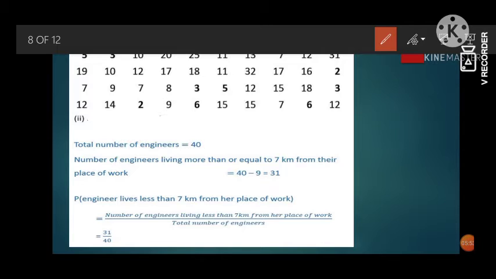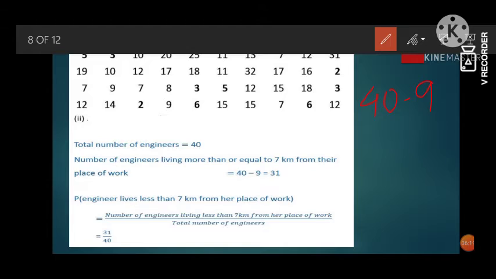In the previous table, the bolded ones are the engineers whose distance is less than 7 kilometers. So there were a total of 40 engineers, out of which 9 engineers had their distance from their work